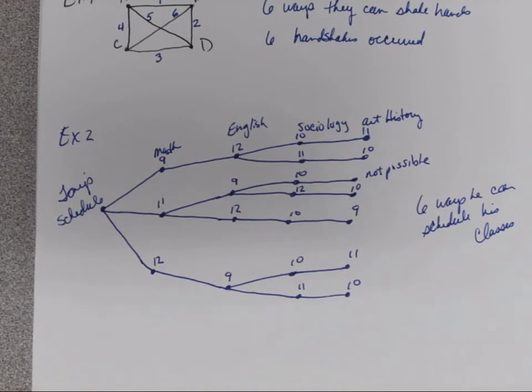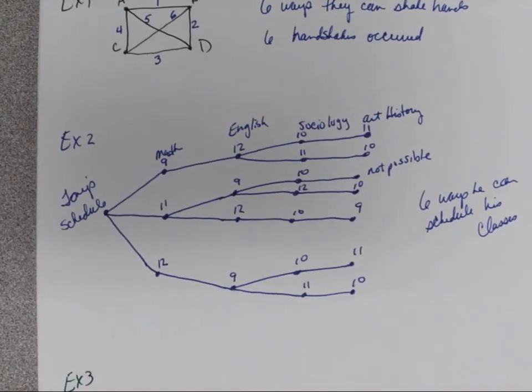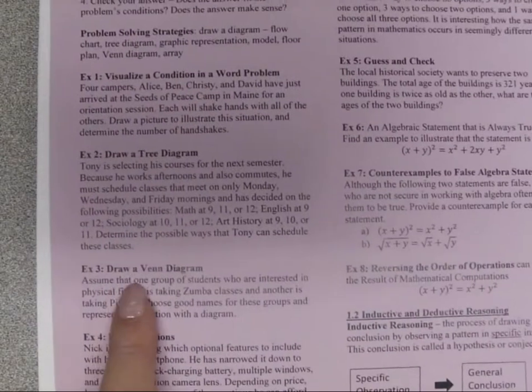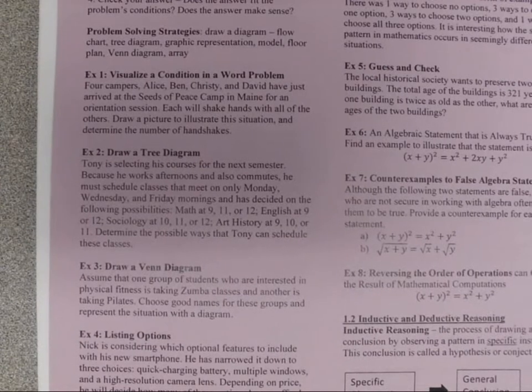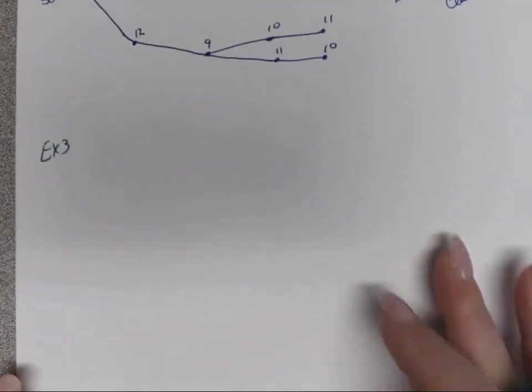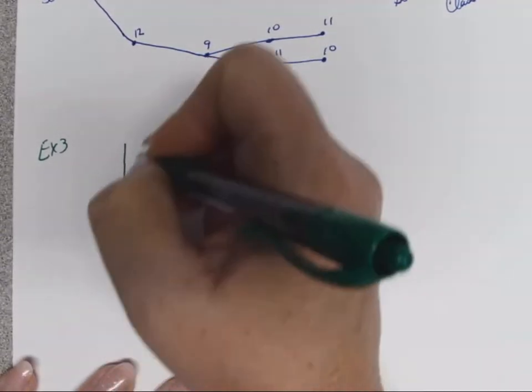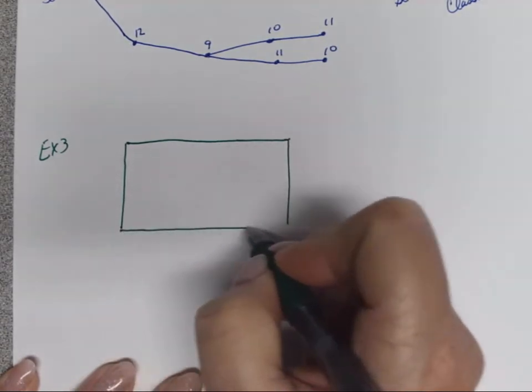All right, so let's look at another example, and this one will be a Venn diagram. So if we look at example 3, assume that one group of students who are interested in physical fitness is taking Zumba classes and another is taking Pilates. Choose good names for these groups and represent the situation with a diagram. All right, so first of all, we have to remember what a Venn diagram looks like. So we're looking at the universal set,